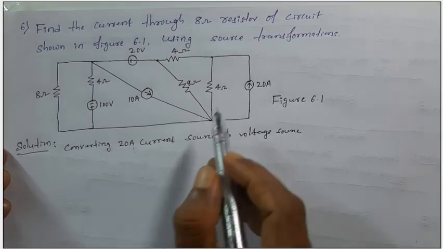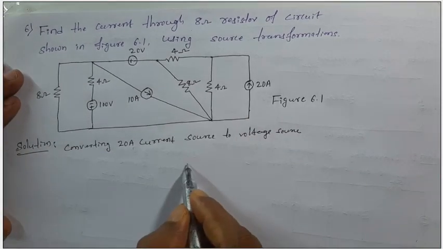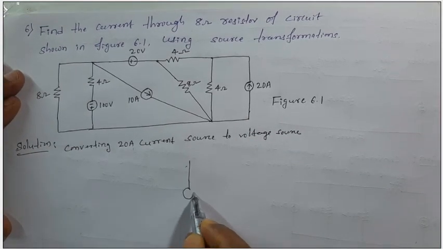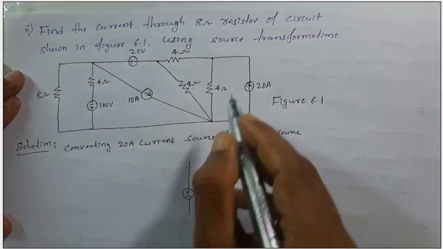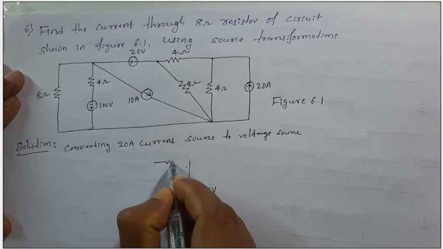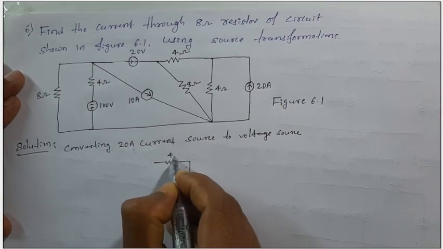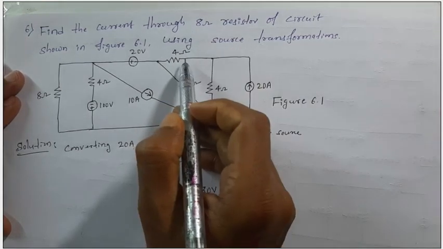Now here 20 into 4 is 80 volts. Because arrow mark is upward, this is plus minus, whose value is 80 volts, and this 4 ohm is now in series here, and there is 4 ohm here,